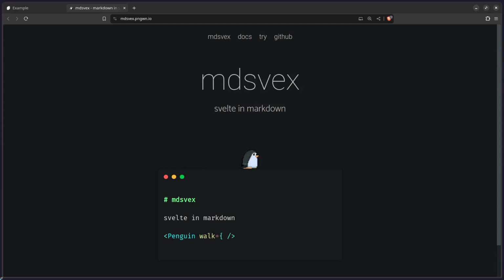So you might have used MD-Svex in the past. It's an awesome preprocessor for Svelte. You can use it to use Svelte components inside Markdown and vice versa. And if you're interested in just using MD-Svex, I have an entire video on making a Markdown blog with SvelteKit and MD-Svex. But today we're not only going to learn how this works under the hood, because we're going to